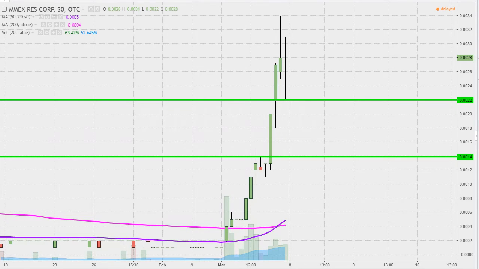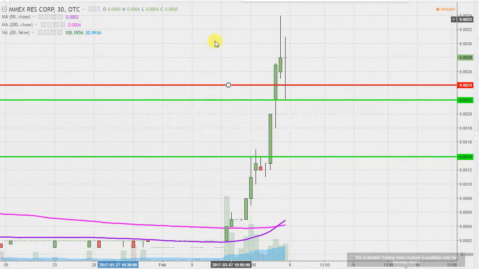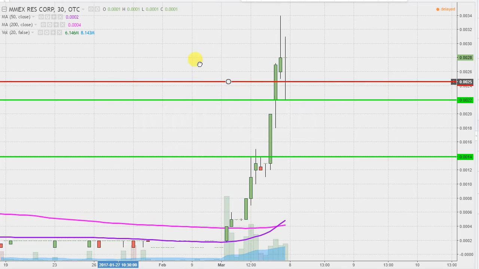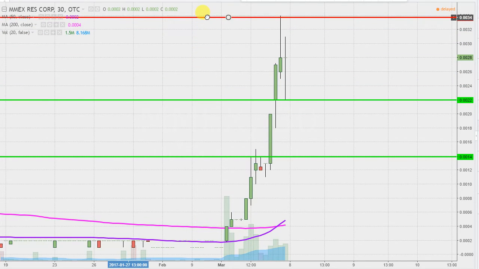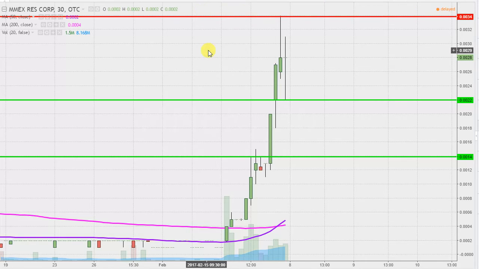Now, what about levels of resistance? Key area of resistance, and I'm just going to talk about one, and I'll explain that in a second, is just right up here. The party stopped today at 0034. Just talking about one level of resistance because in my opinion, the top priority right now is not breaking levels